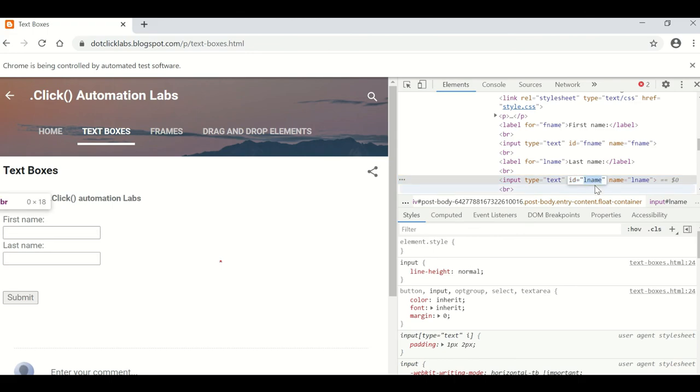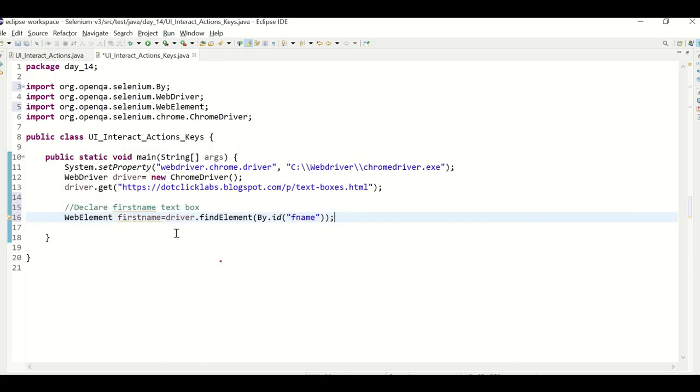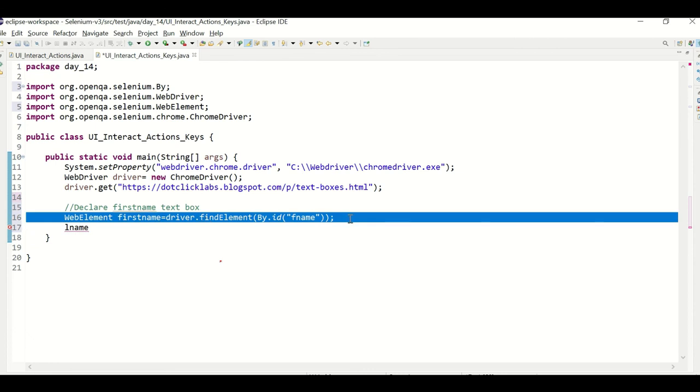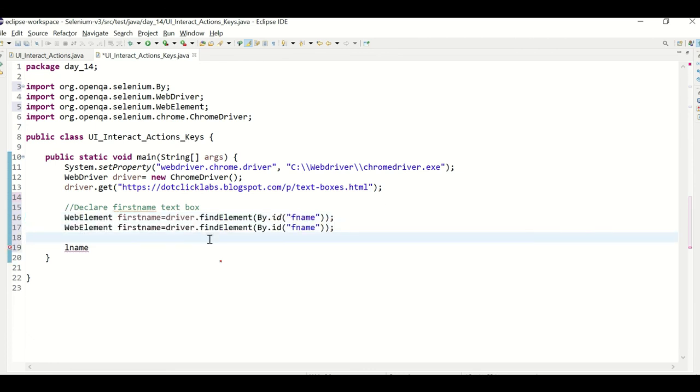And now I need to enter the last name too, right? So declare the last name text box. I'm simply copying it and pasting it here, and this is the property by id. I copied it, and this should be lastName. So I declared two objects, first name and last name, because I need to interact multiple times.